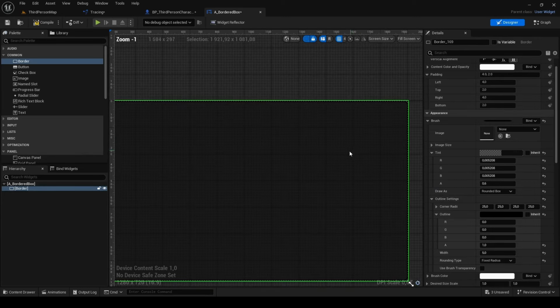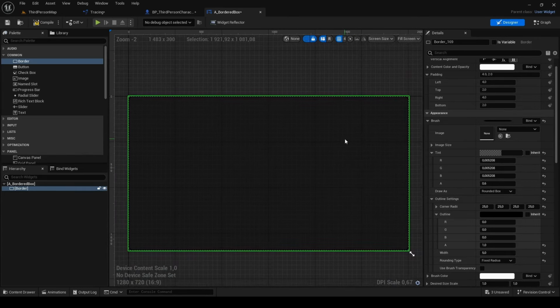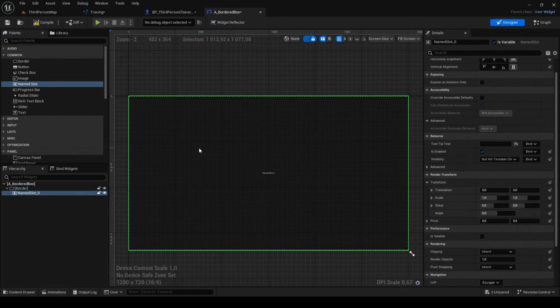If we want to use this widget in another one, now it can't have any child components, which we want. For this usage, add a Named Slot. The name of it is the text which will appear when this component has no child, and you can use it to remember what you want to do with it later without opening this blueprint, so we can rename it to something like @item.